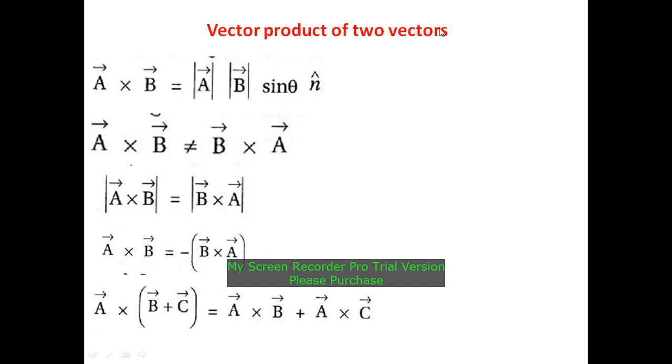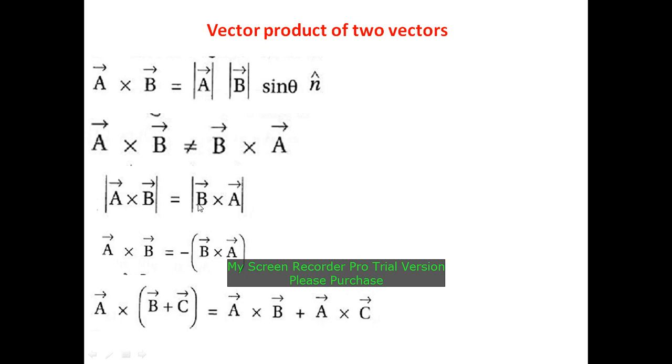Now the vector product of two vectors. So this is the vector product a cross b, because the cross product gives the direction of two vectors. So a cross b is ab sin theta n cap, where n cap is a unit vector. So here we are introducing the direction of a vector, and a cross b is not equal to b cross a, because the direction is changing. That is why we cannot write a cross b is equal to minus b cross a. But yes, if we take the magnitude of this cross product, then it will become equal, because you know that if we take the magnitude, then this value is converted in a positive manner.